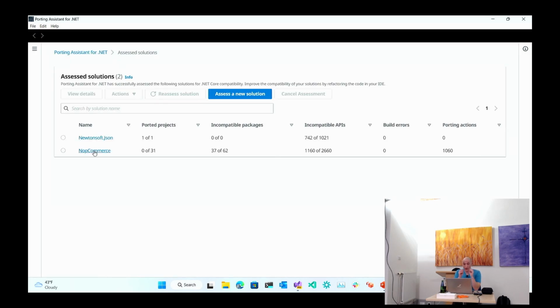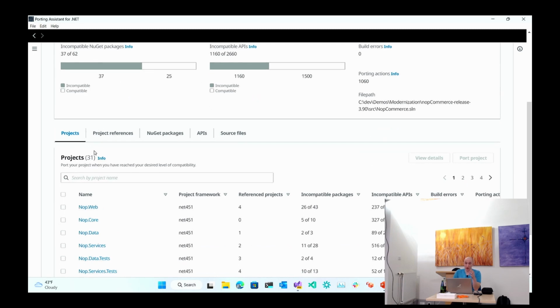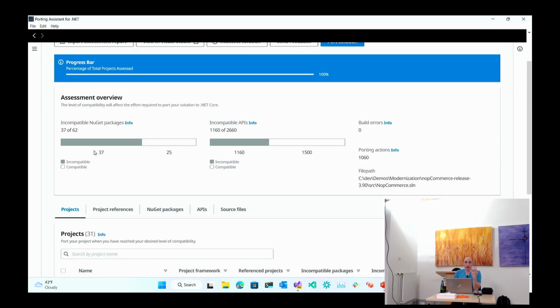So I found a project that is not huge, and also not very small. Who here has heard of the nopCommerce project? If you haven't, it is an open source e-commerce platform that you can get on GitHub. You can go out to GitHub today, clone or fork that project, and use it as inspiration to build an e-commerce presence for your business. If you have a company in the retail space with an e-commerce store, maybe look at that. It'll get you started a bit quicker. But what I wanted to do was take an older version of this, .NET 4.5.1, and run an assessment against it.